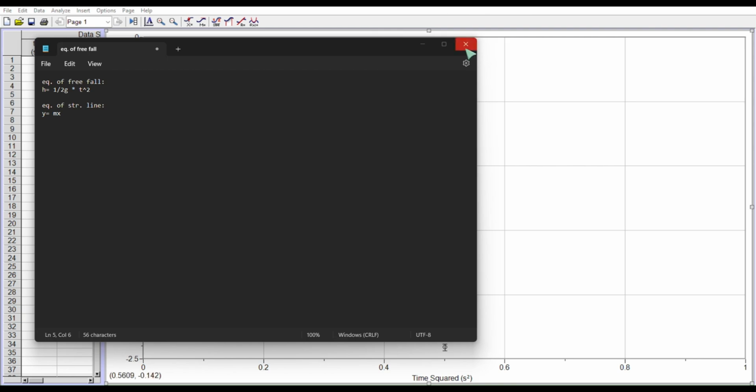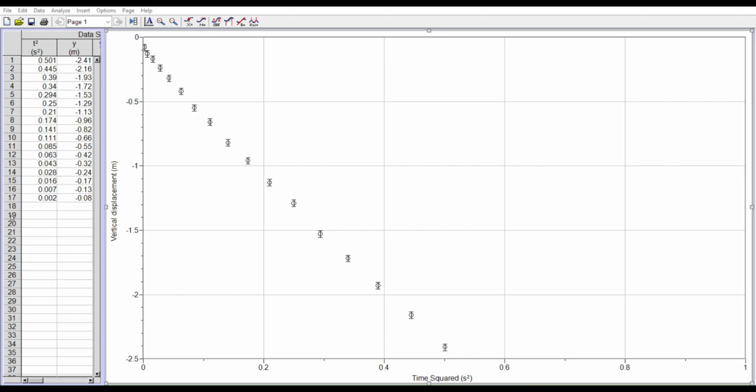Starting off with a blank canvas, we're going to input everything else we had, which is your height, which is y, or h, whatever you want to call it. Then instead of t, you want to square every value and input it right over here. I skipped this part and the error bar part because it's the same. You just want to square them and then input the same error bars. And now